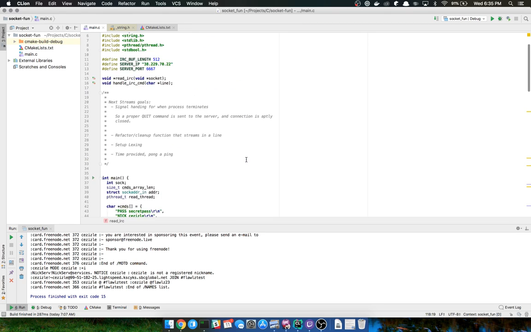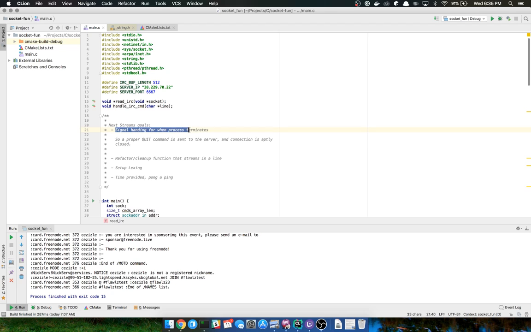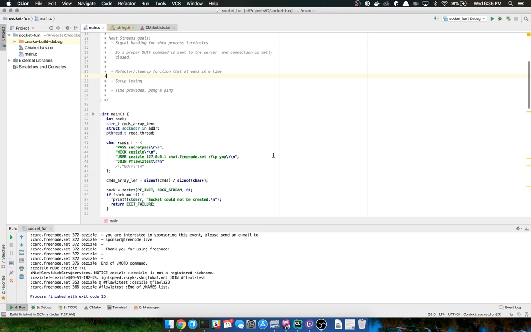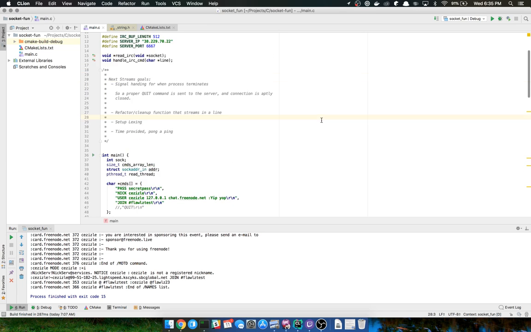So tonight, like I said, I kind of want to start off with signal handling. When we terminate a process, sometimes we want to perform some sort of cleanup action. The way to do that is through signal handling, and conveniently, there is an API for this.